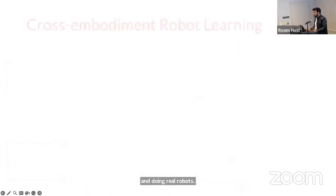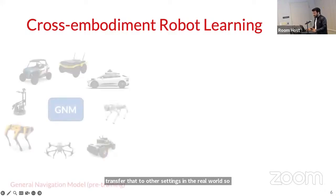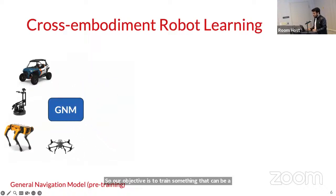So what I'll talk about in this talk is a slightly different way of thinking about real-world robot learning, where we focus on pre-training policies from robot data in the real world, and then we'll transfer that to other settings in the real world, so you're doing real-to-real transfer and training models completely in the real world. So our objective is to train something that can be a good starting point, like a plug-and-play policy or a zero-shot policy,